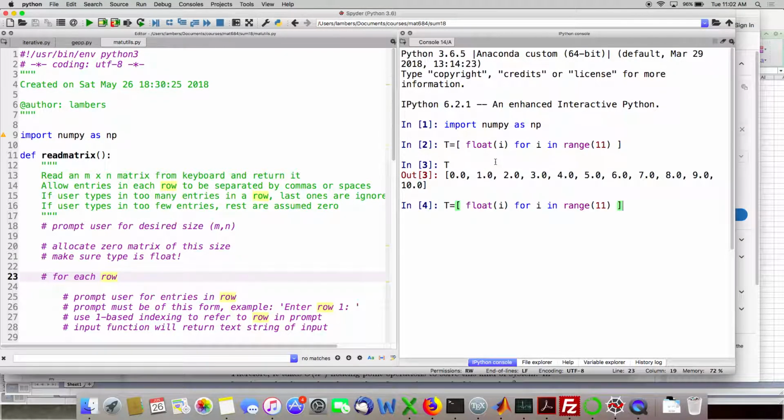Okay, so these are the same numbers that you had, except for possibly a little round-off error. And what you were doing just now was np.array,